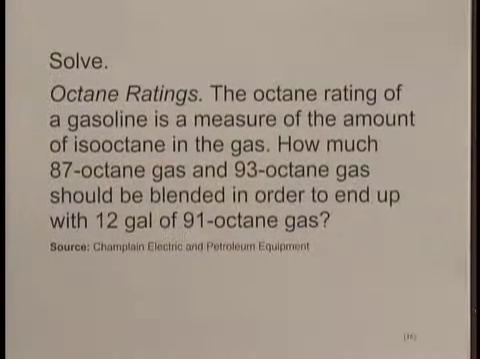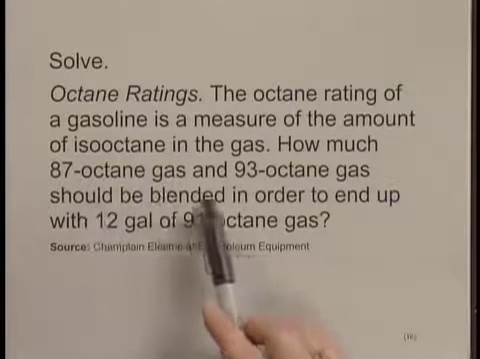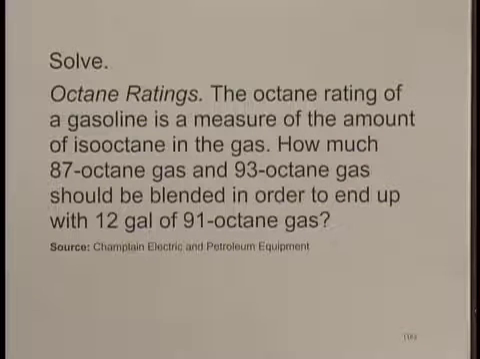This problem is a mixture problem. We're looking at octane ratings, and it states that the octane rating of a gasoline is a measure of the amount of isooctane in the gas. How much 87 octane gas and 93 octane gas should be blended in order to end up with 12 gallons